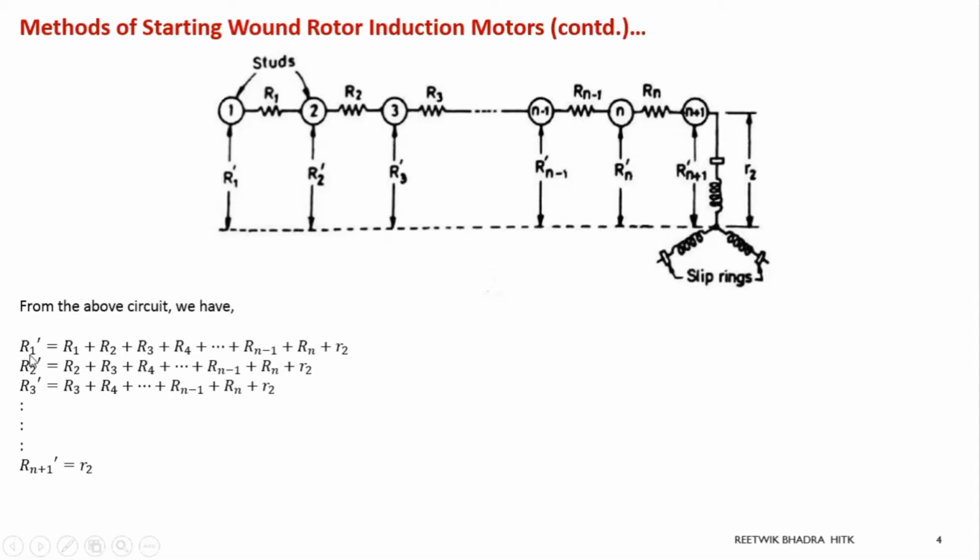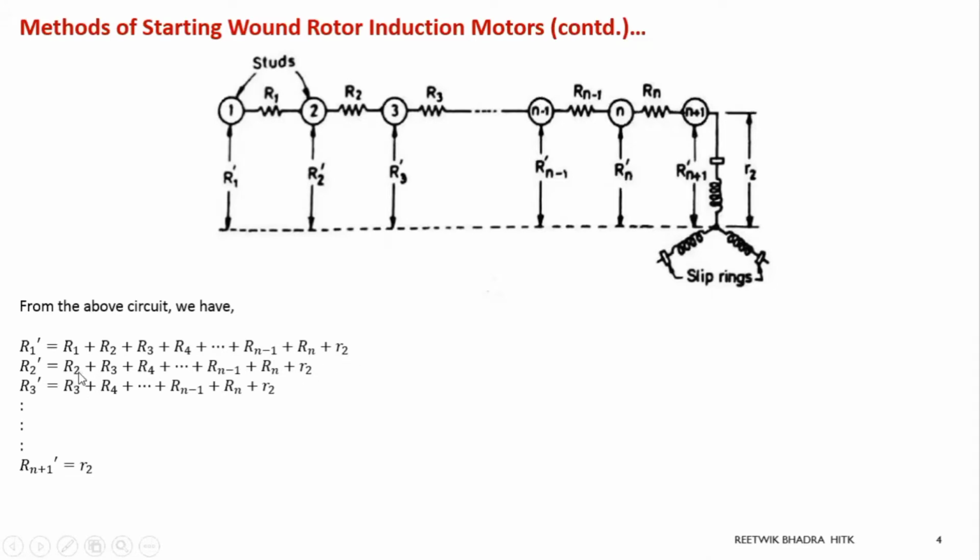I'll change the naming. See over here, this is R1. I have used R1 dash. Don't go by this naming. These are the same, just understand it. So R1 dash over here, what is the resistance of it? If I calculate the equivalent resistance from start 1, that gives me R1 dash. So it is R1 plus R2 plus R3 dot dot Rn minus 1 plus Rn plus small r. Understood everyone? So that is what is written over here: R1 plus R2 plus R3 plus R4 plus Rn minus 1, Rn, plus small r.